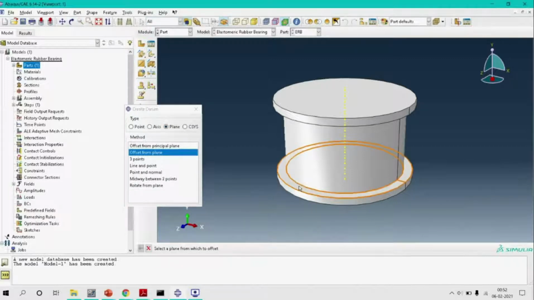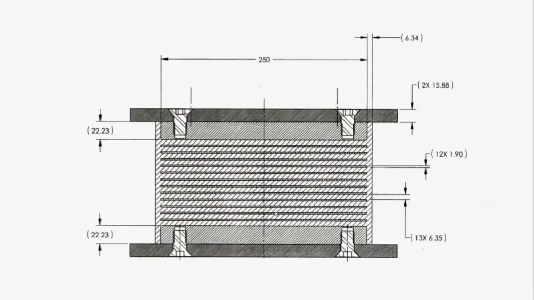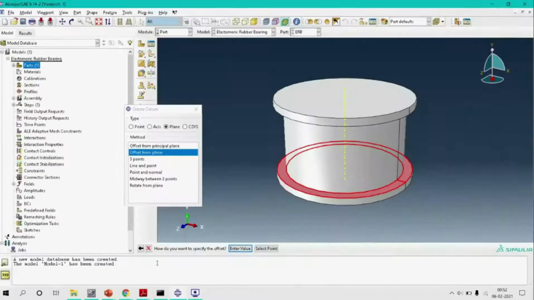So I will be selecting the first datum plane, offset from the top of this bottom plate, and we can see that the first layer is 22.23 mm above the top of the bottom plate. So enter value.